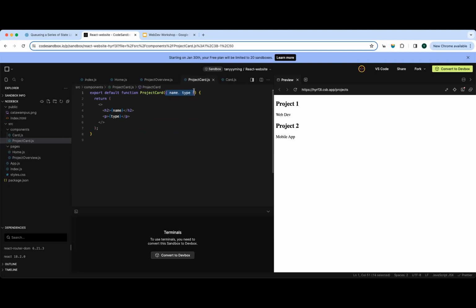You can just delete this and call it props. So these props get passed into the project card, and then you can access the individual elements inside using props.name and props.type. This will give you more flexibility in a sense if there's more things you want to add inside the props. Like one day you want to add something like props.description. Then you don't have to change